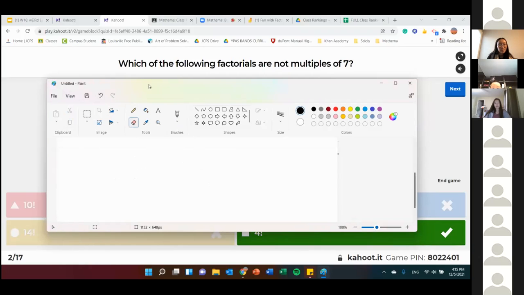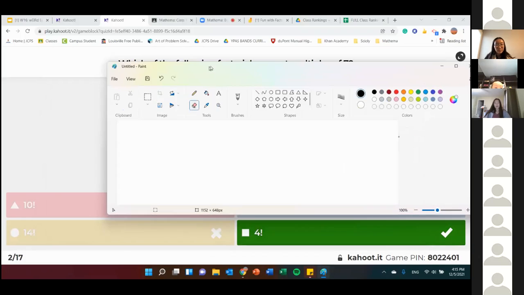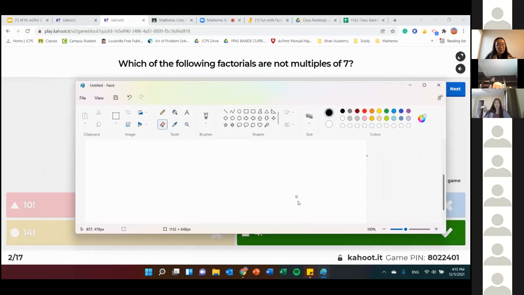Okay. So which are not multiples of 10. So anything that's factorial that's greater than or equal to 7. So like 10 factorial. Wait, no. I'm confused. Where's the thing I used? It should be the pencil, right? The pencil is so thin, but whatever. I guess I'll just use it. I think you can change the thickness. Just go to size. Okay, Colin. Anyways, so